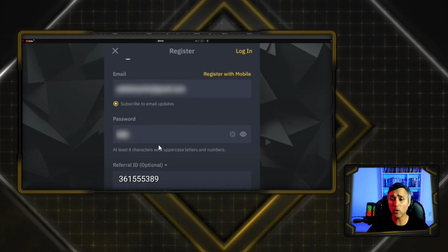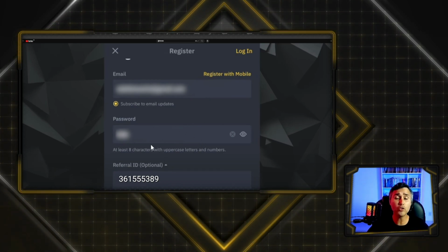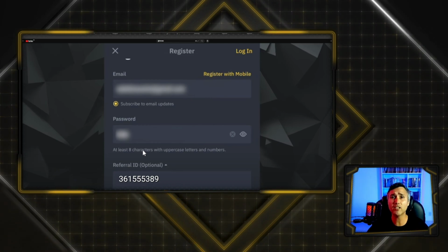I also suggest you put a special character to make it a very safe password. Here will be our identification code for you to be able to participate and win all these coupons. And as I said, in addition to cashbacks too, going down here,